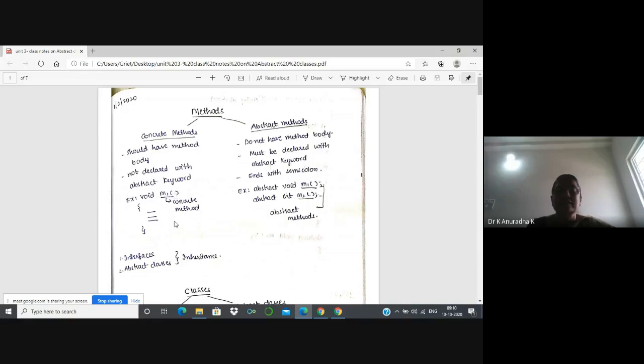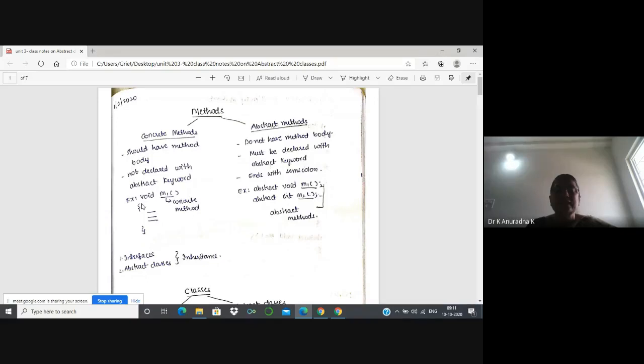Inside the parentheses, the parameters are optional. If you want to write parameters, we can write them; otherwise, no parameters is also correct. And the body means an opening brace and a closing brace. This is the method or function definition. I have already explained this many times.